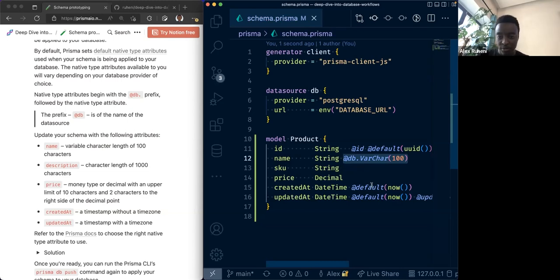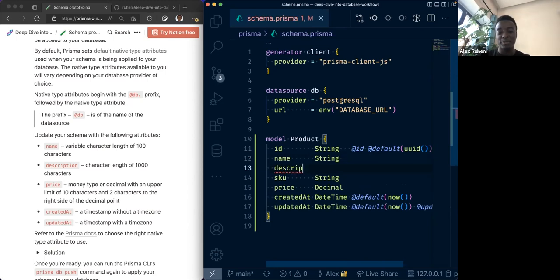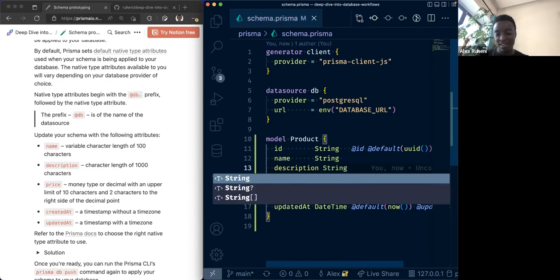Yep. Where's the, oh, we skipped the description. How delightful. Let's see how we can prototype. Yeah. So description, we'll have a string, save that,